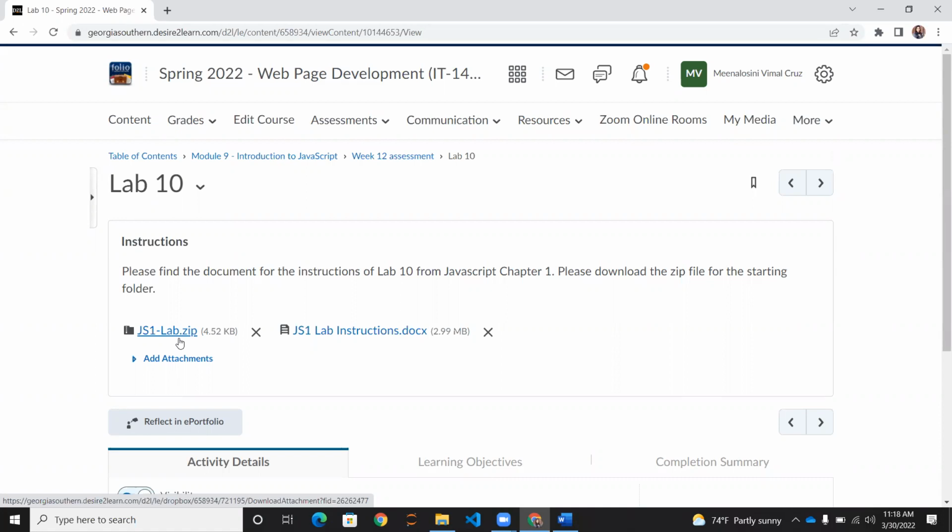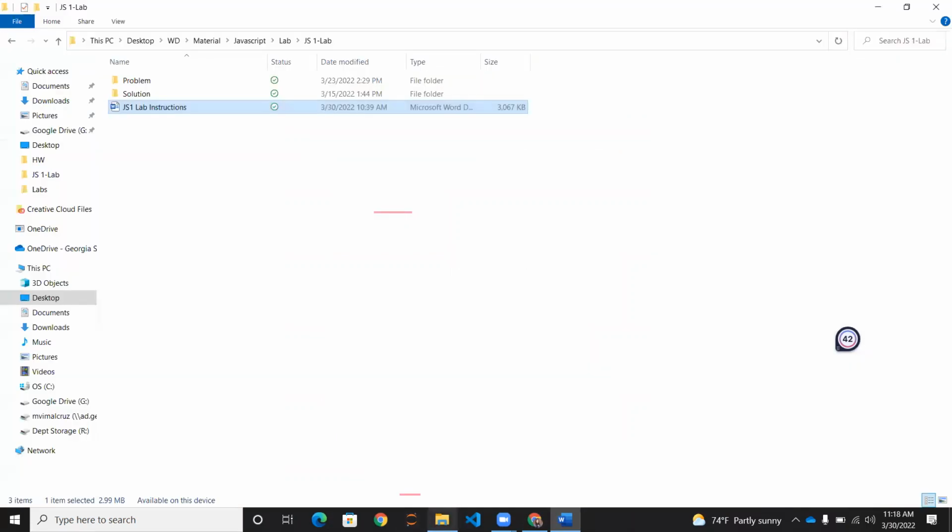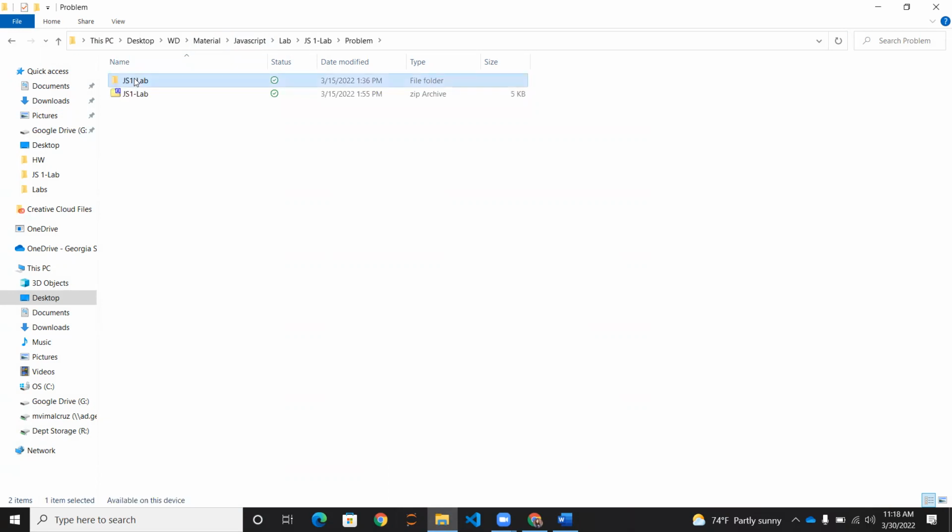So you have to download this file, starting folder. You have to download this zip file and keep it in your Lab 10 folder, and then download this instructions. Okay, so you're going to follow this instruction to get this task done. So you have to download this zip file from Lab 10 and keep it in your Lab practice folder